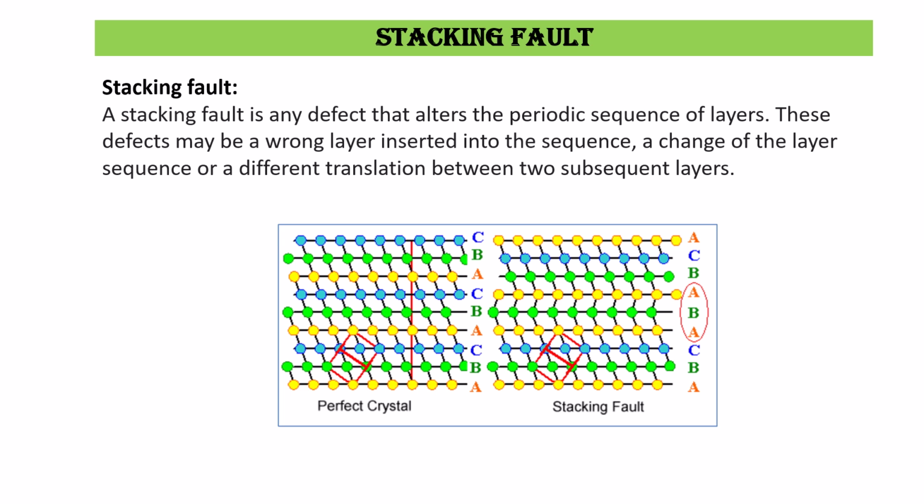Now, for a perfect crystal, the sequence is ABC, ABC, ABC like this. But in a stacking fault, after ABC, AB, instead of C, there is again an A layer and it continues ABC, A. So here, instead of C, this is A,